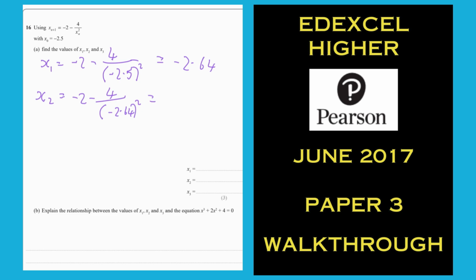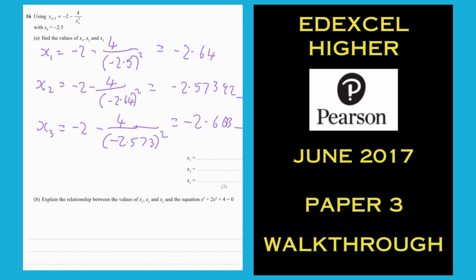And when I stick that in my calc, minus 2.57392 and so on. And finally, yes, do it all again. Minus 2.573, and I can't be bothered with the rest. And you get minus 2.603 and a load. That's meant to be a 0. And a load more nonsense after it. Now, it doesn't ask you for how accurate they want it, so I just went with 2 decimal places. So minus 2.64 minus 2.57 and minus